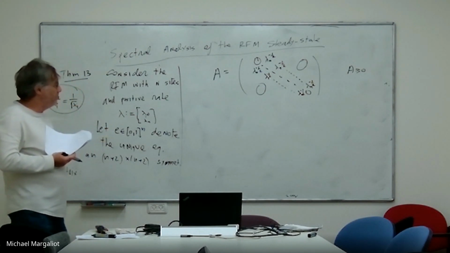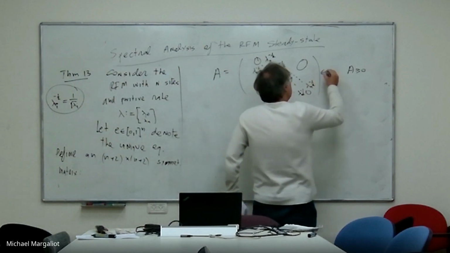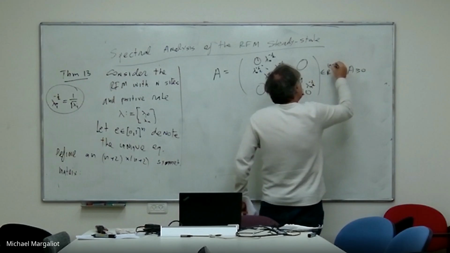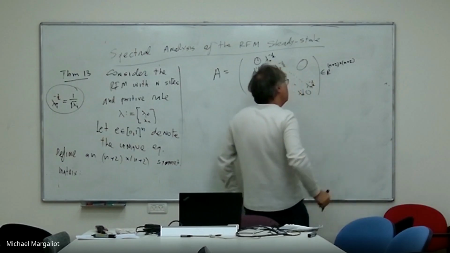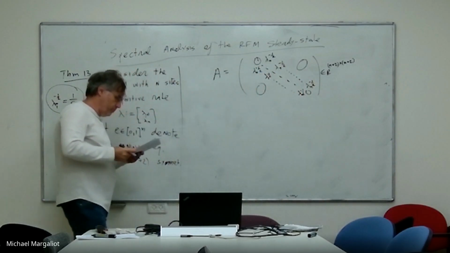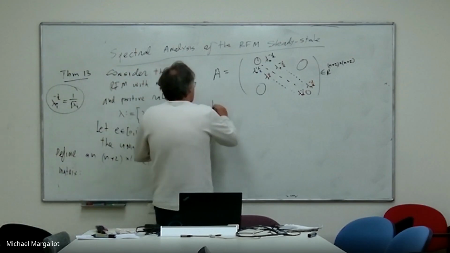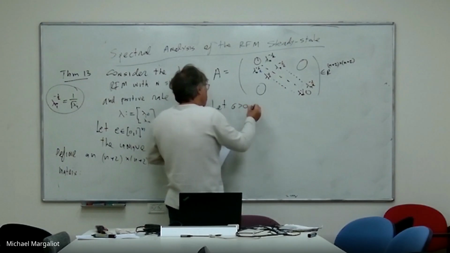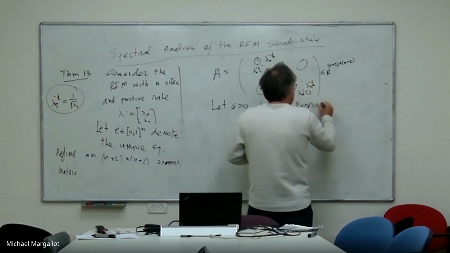This is not the case here. But if A is non-negative and irreducible, which I didn't define, then that's enough, and the Perron-Frobenius theorem also holds. So we know that there is a Perron root, the maximal eigenvalue,